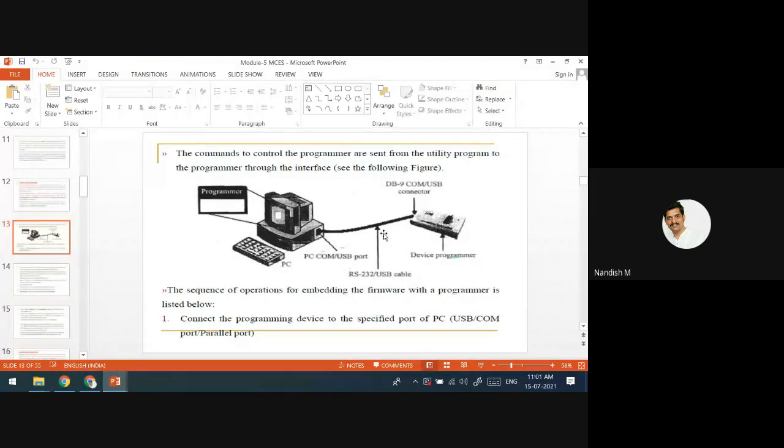After that, unlock the ZIF socket. This socket, this lock, is called the ZIF socket, where we are going to place the memory chip which you want to load. This unlock, you can directly visualize from what you have done in the EDE lab. It is the same way. You are going to unlock the ZIF socket. Now, the next step is you remove the processor from the target board and place it on this device programmer.